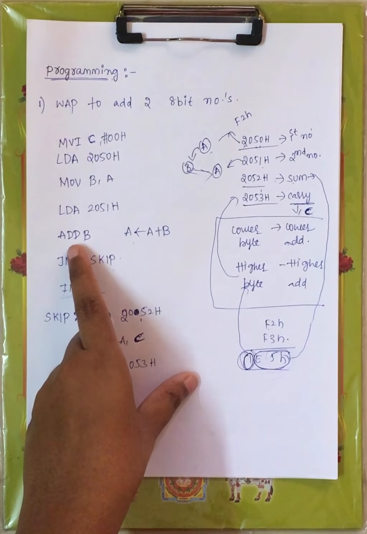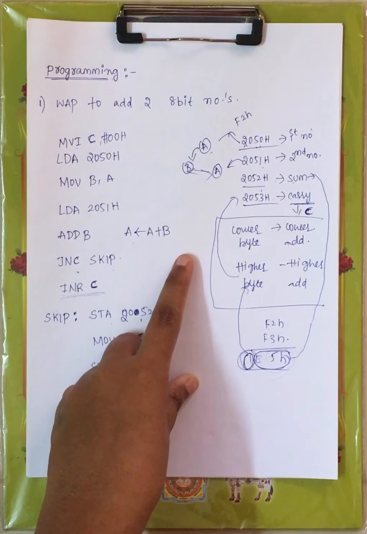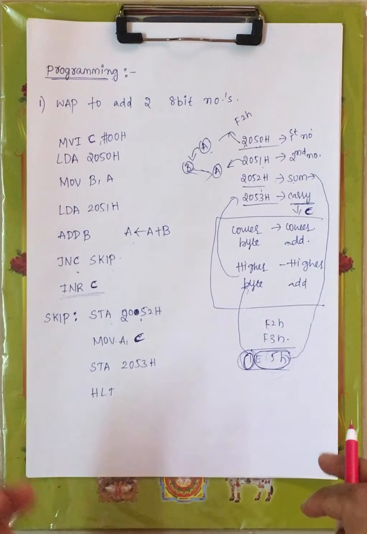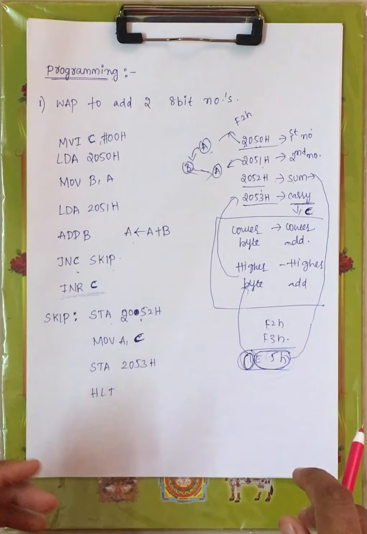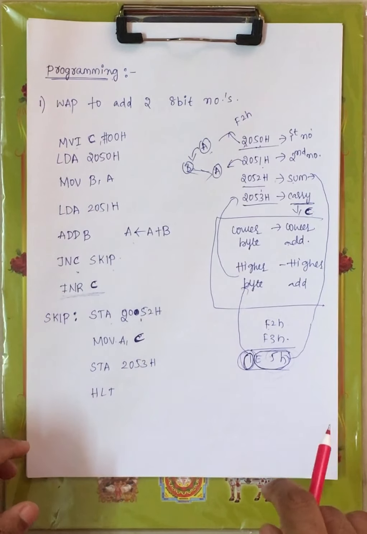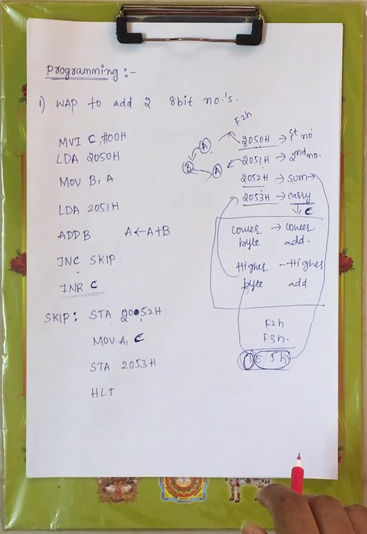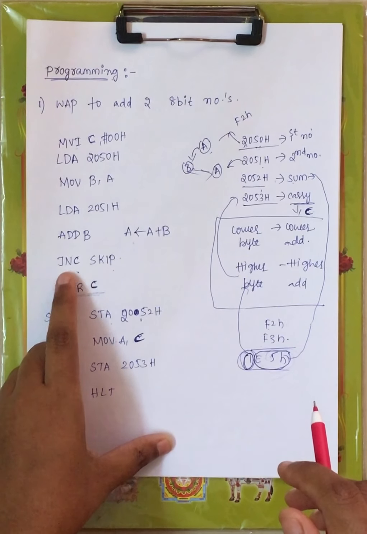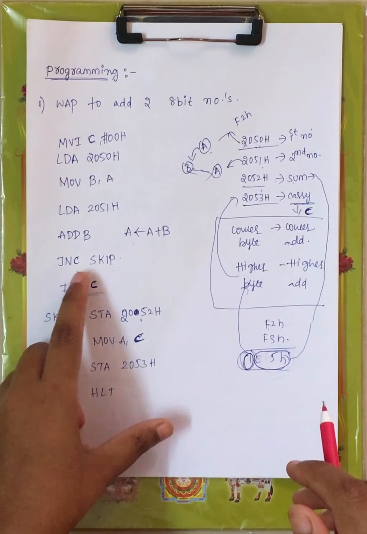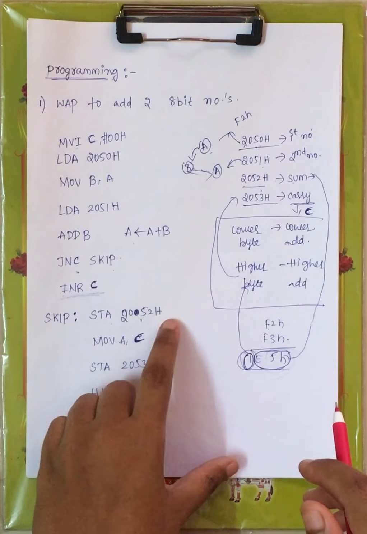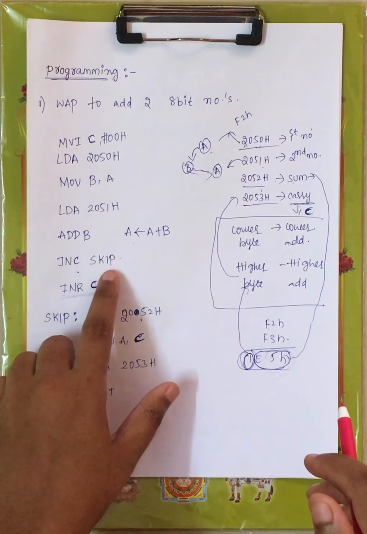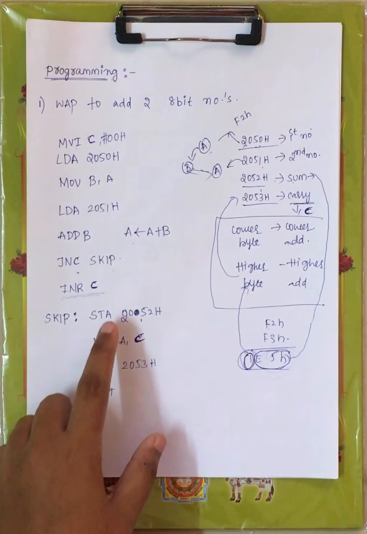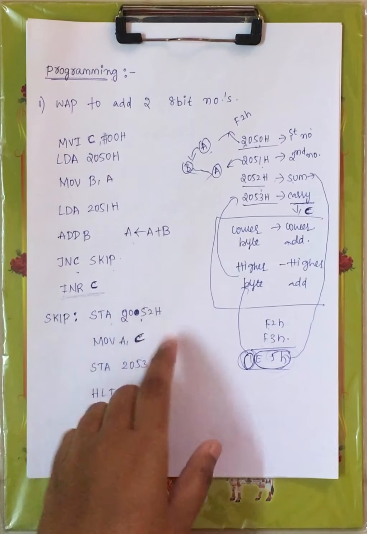Now what is the operation of this instruction? Contents of A are added with contents of B and the result is stored under the A register, right? Now while adding two 8-bit numbers, either you may get a carry or you may not get a carry, right? Now first let us assume there is no carry, right? If there is no carry, jump if no carry, JNC. Now if there is no carry, it will jump to this particular label. You can use any label, and that label has to be written before the instruction, right?